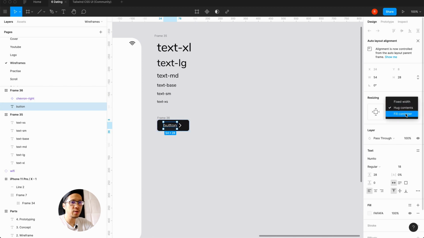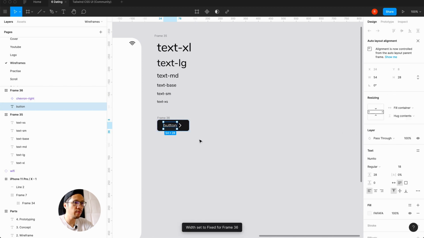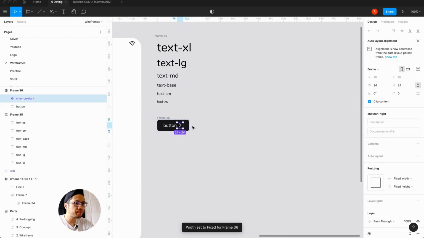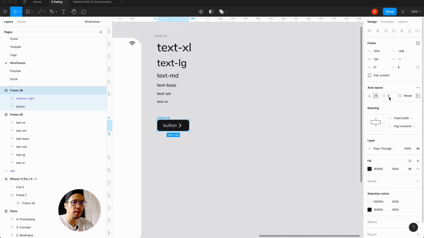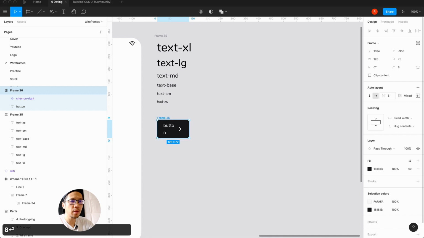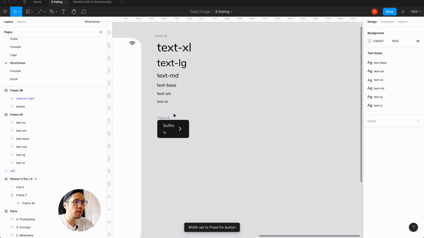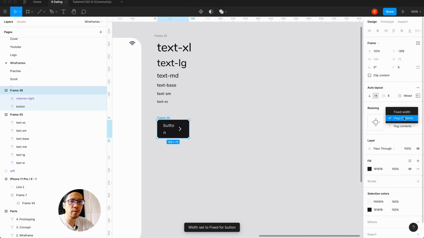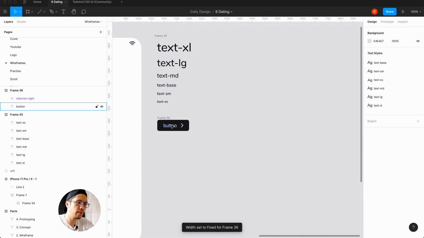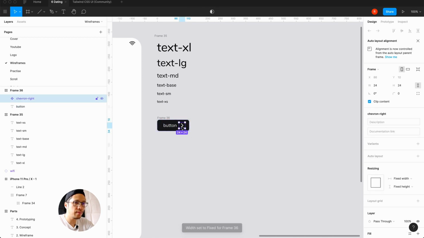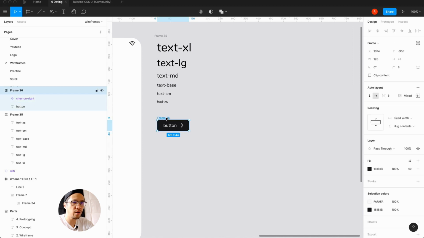We want this to fill container, and the width is already set. So what we want to do actually is have a spacing between here. So let's say 8 pixels. Did I do that right? Yeah, I did do that right. Hug contents. There seems to be a set width on here for some reason. That one is hug contents. Okay. So hug contents, this one is the icon. We have our first button with an icon,